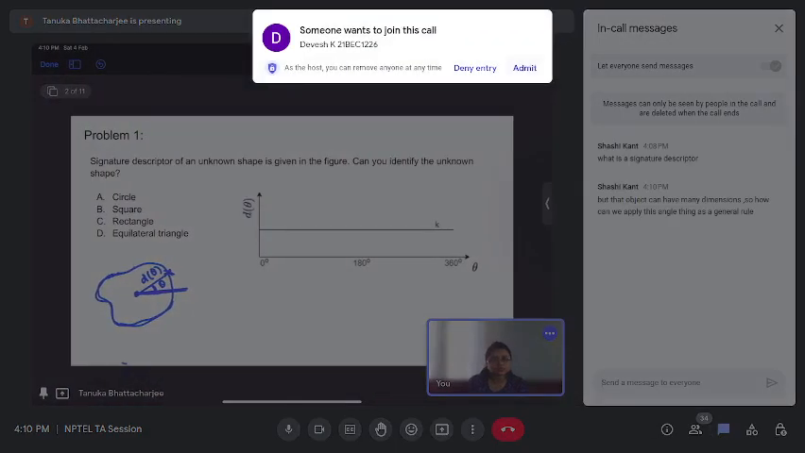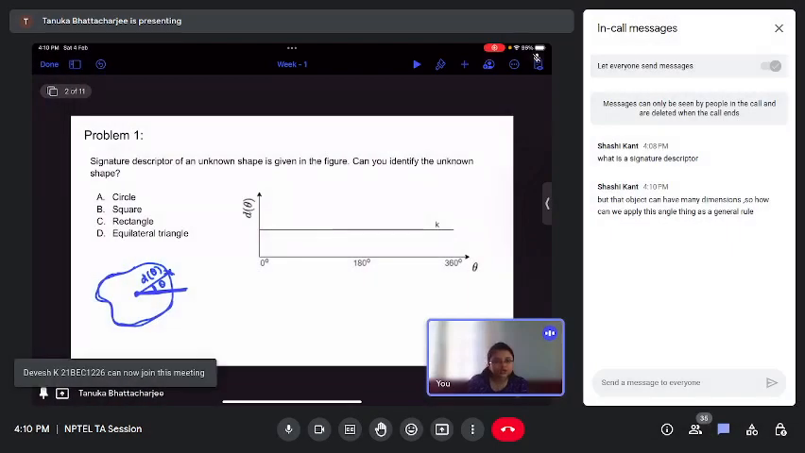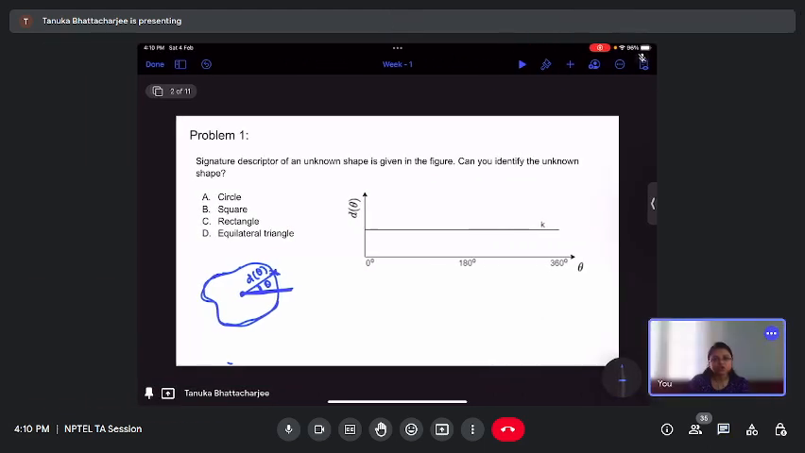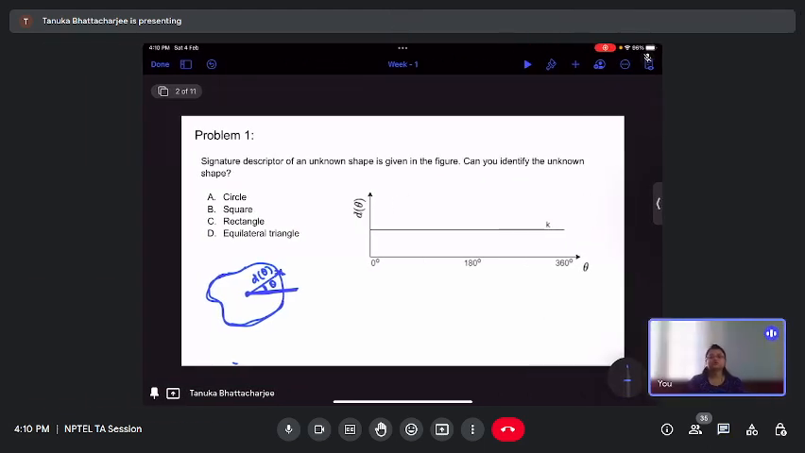Sorry, just a minute. That object can have many dimensions. So, how can we apply this angle thing as a general rule? If you are considering a 3D object, I am not sure how to deal with it in general, but